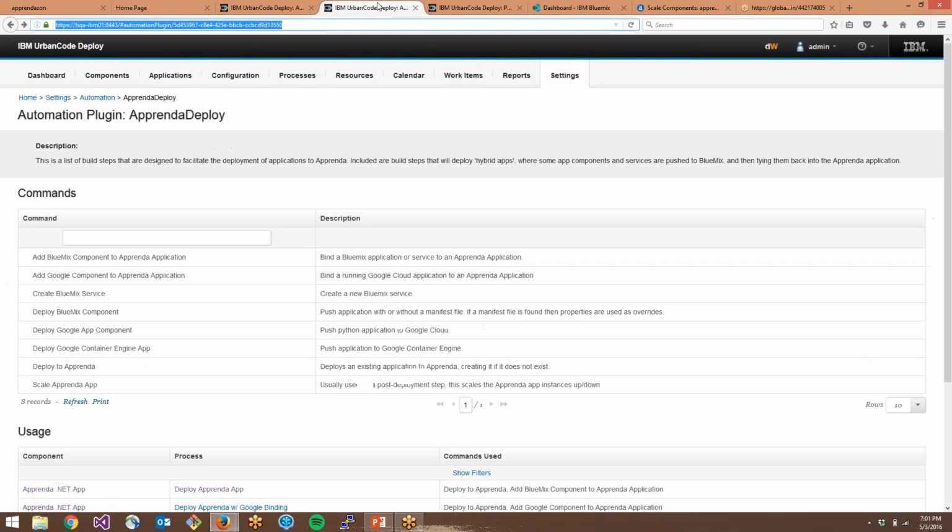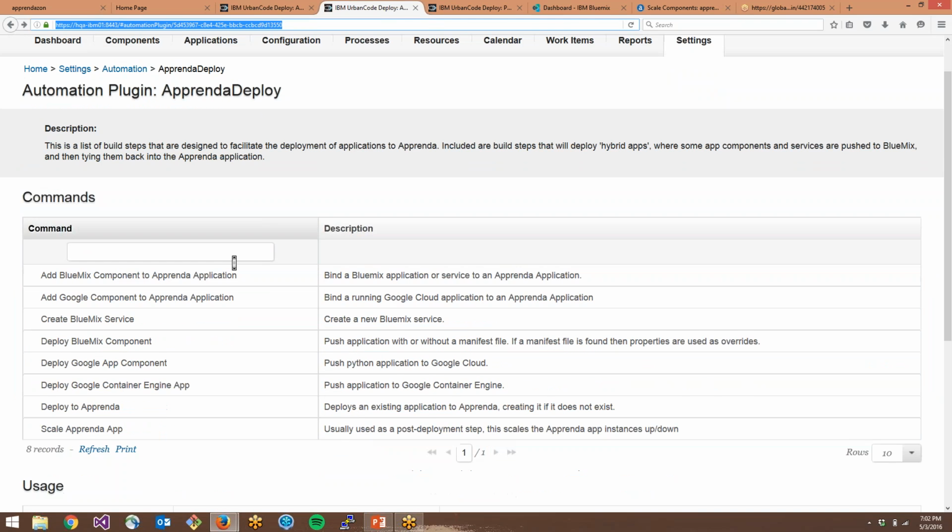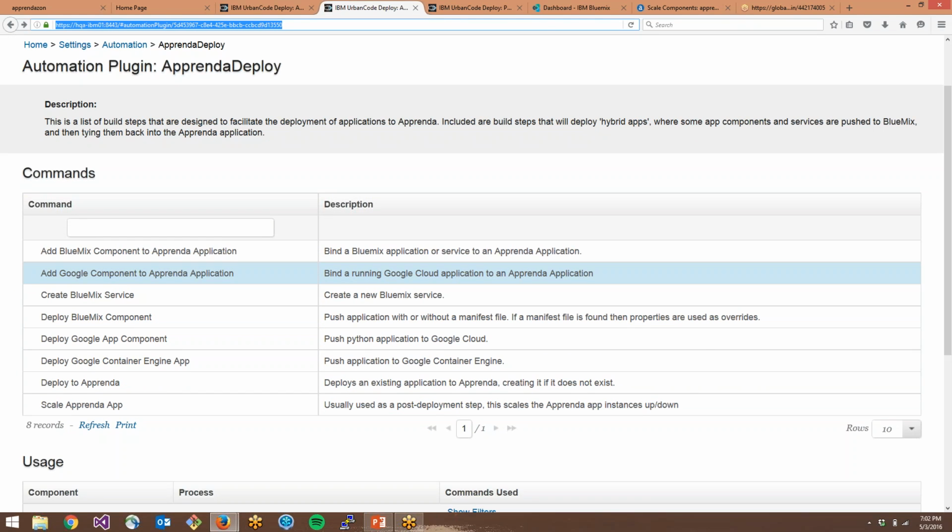So what I'm going to do here is talk about the automation plugin that we built. There are several steps. Let me zoom in more here. That's better. These are the steps that we've built so far, and we're continuing to build more that interact with both Apprenda and Bluemix. The automation plugin has the ability to go out and do all the CF calls to Bluemix to create services, add components, deploy applications, and so forth, and also deploy to Apprenda